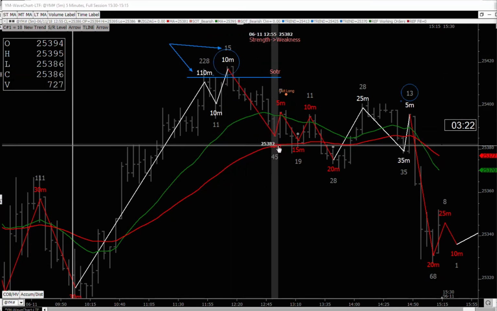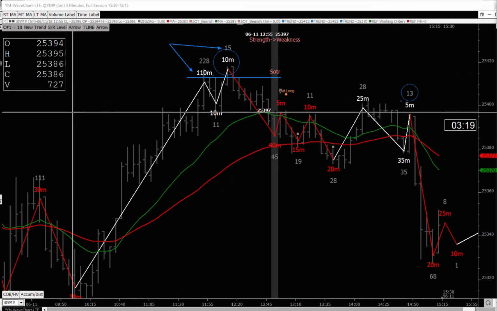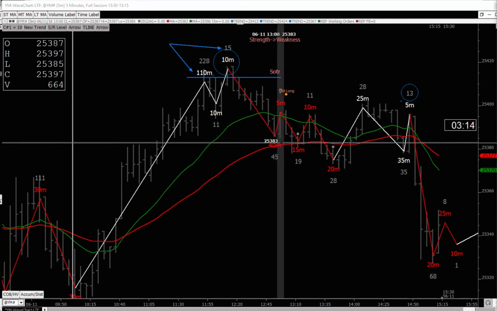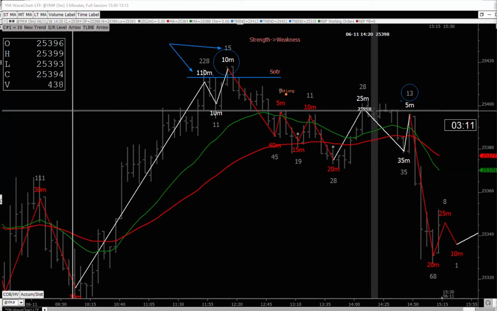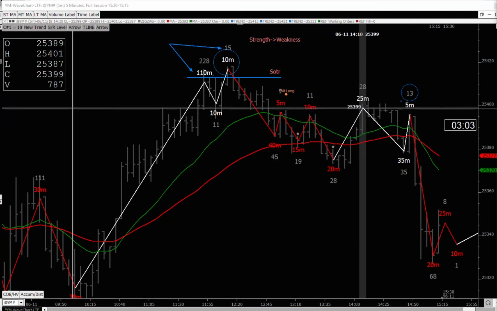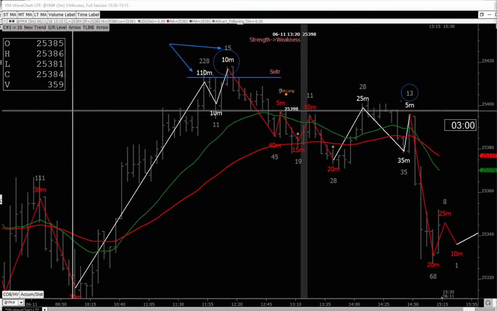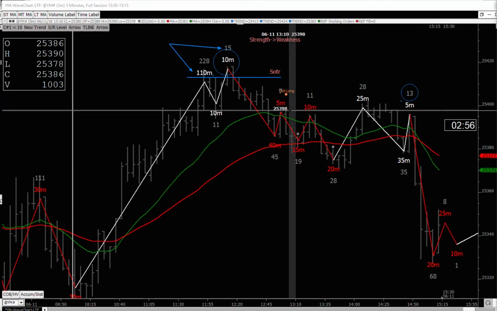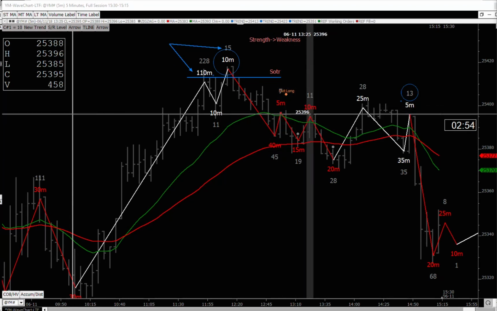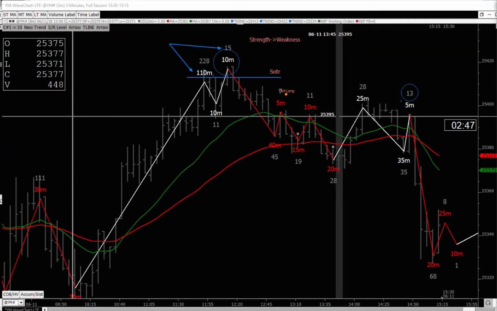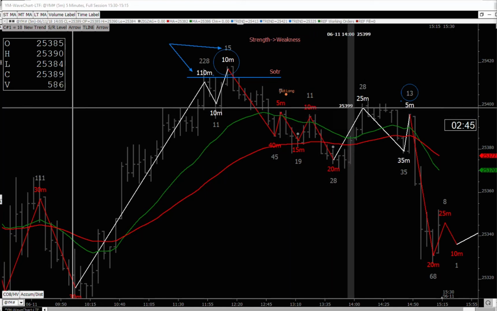So sellers come in, they do their damage. You should get out long and get ready to go short. Turning point occurs here. It goes down, and then what happens is the bulls rally, but you know this type of maneuver here is meant to get the stops. A lot of folks will go short here and put their stops right above the prior pivot. This type of move here is, I guess you could call it an upthrust,